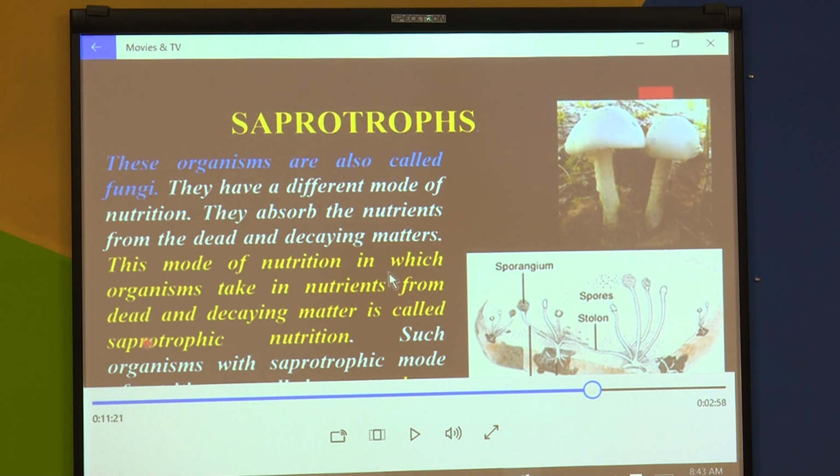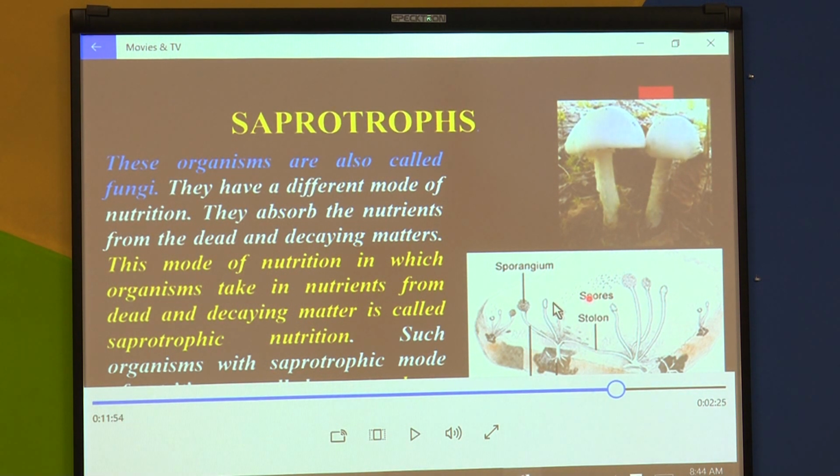This mode of nutrition, in which organisms take in nutrients from dead and decaying matter, is called saprophytic nutrition. I already told you what saprophytic nutrition means. Such organisms with a saprophytic mode are called saprotrophs. So here you can see the structure of